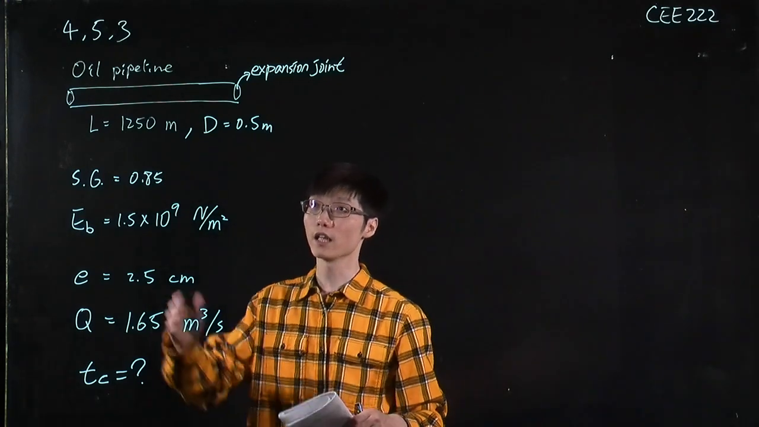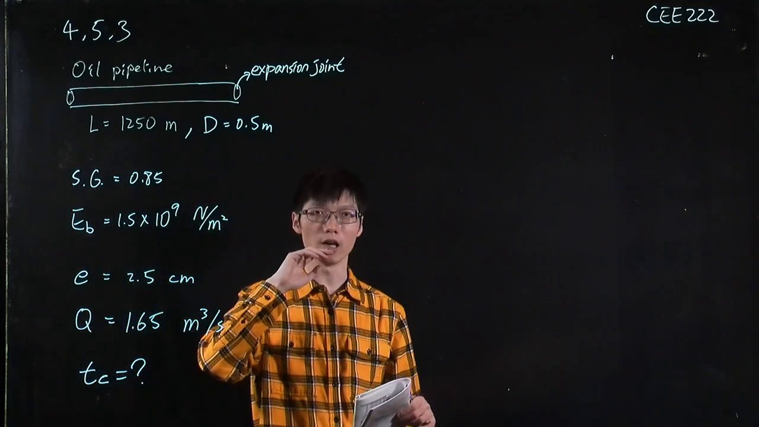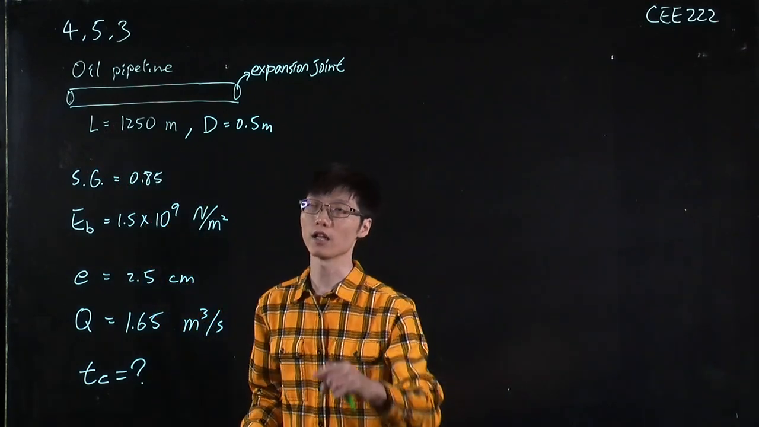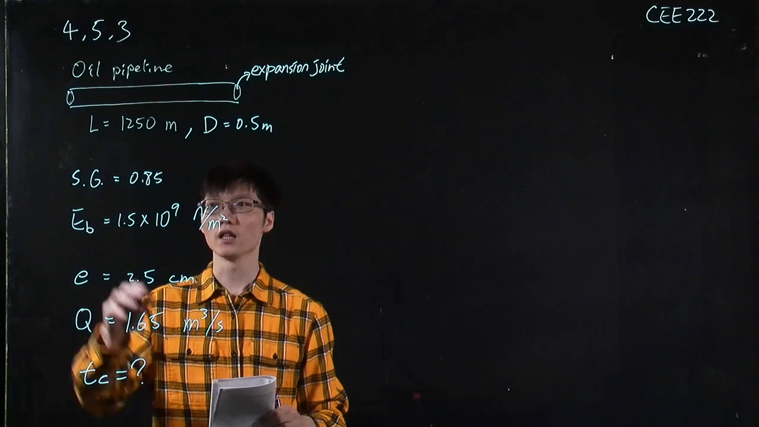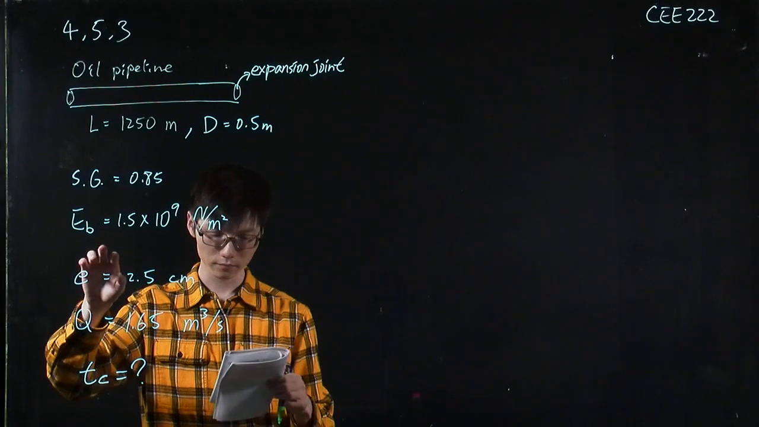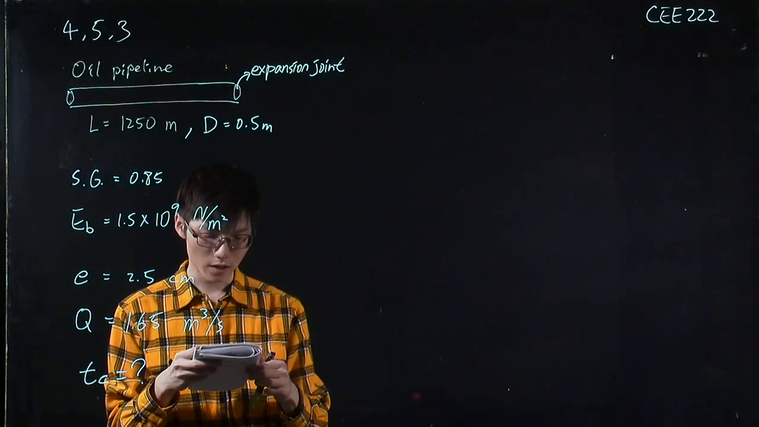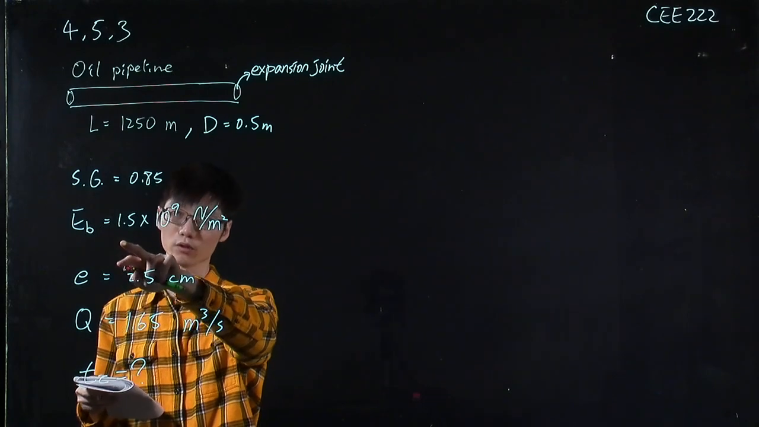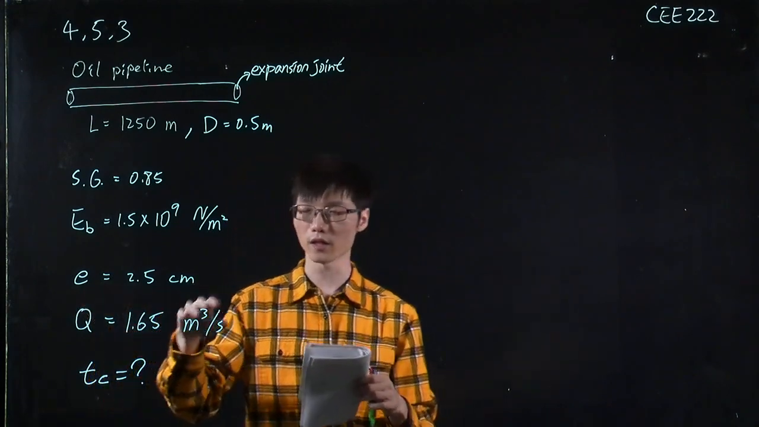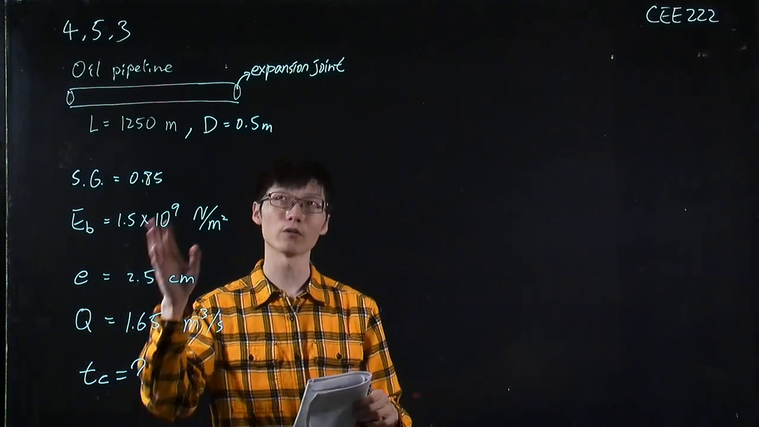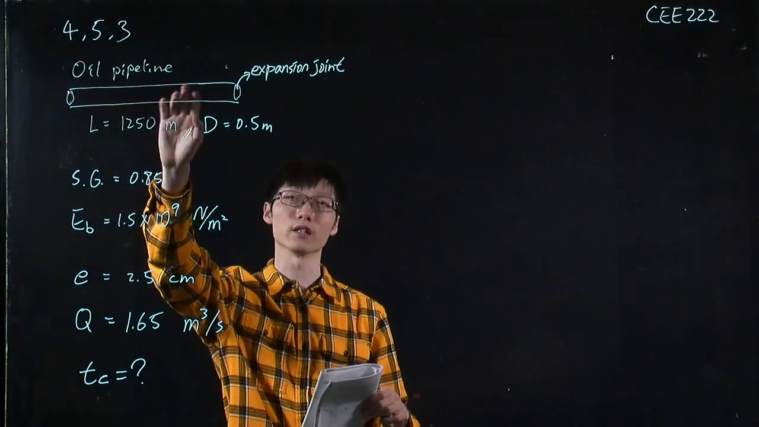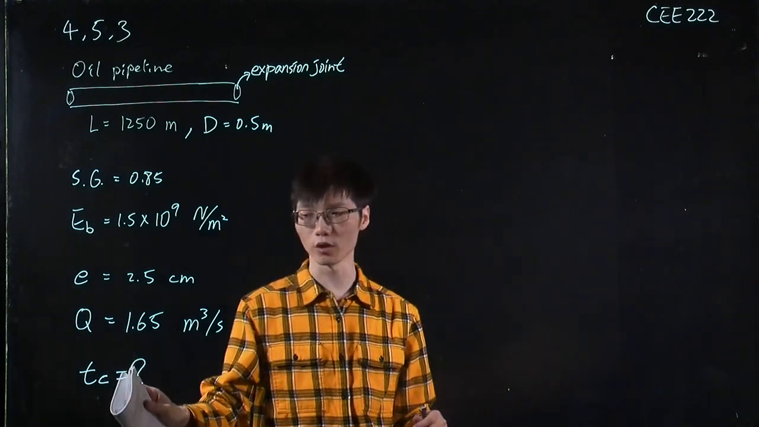So how can we do that? Here's the information provided in the problem. The pipe length is equal to 1,250 meters and the diameter is equal to 0.5 meter. The specific gravity for the oil is 0.85 and the bulk modulus is equal to 1.5 times 10 to the power of 9. E stands for the thickness of the pipe, and Q is the flow rate under the normal condition. That's the oil delivery in this pipeline. And we want to solve the